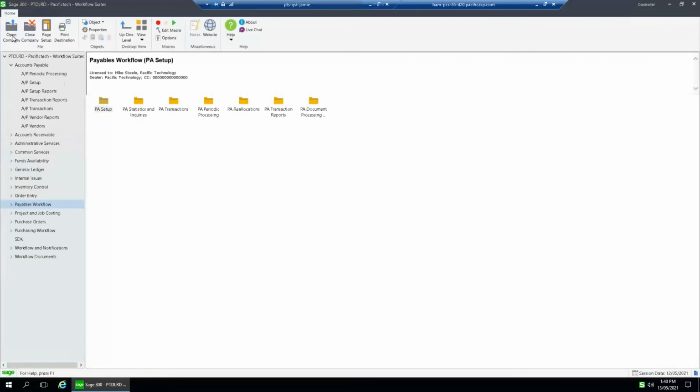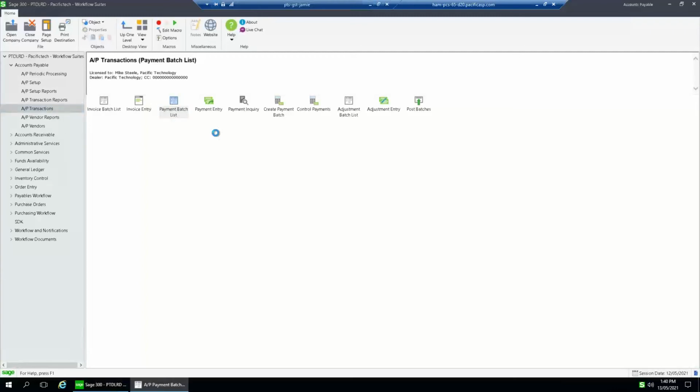Now let's just look at the AP payment side really quickly as well. By moving to a paperless invoice side of things, that has a flow-on impact to your payment approvals, because now you won't have any hard copies. So we've tried to deliver all of the functionality that managers need when they're approving payments. So if we come in and do a payment batch very quickly,